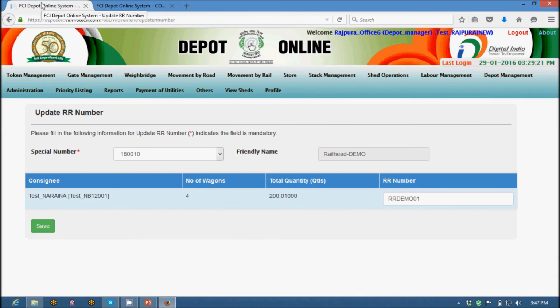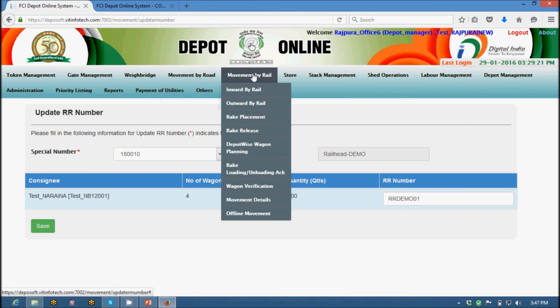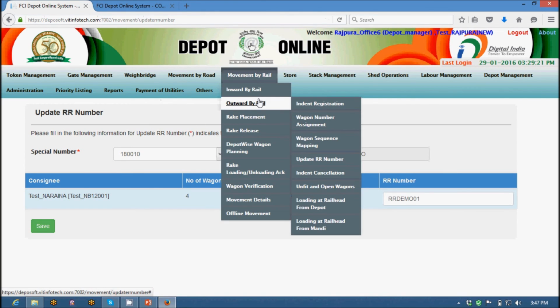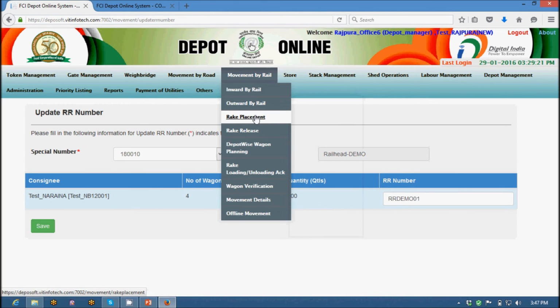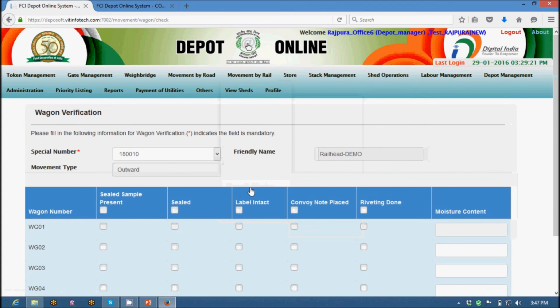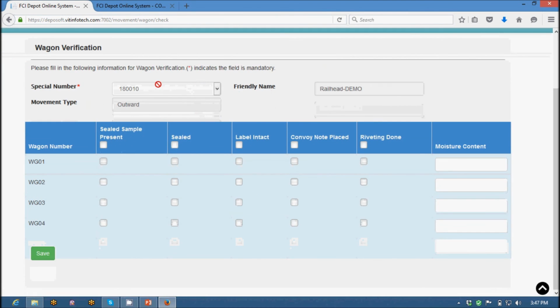The next step involved is to do a wagon verification, which can be done by clicking on movement by rail and clicking on wagon verification. Select the special number, and then we can say for each of the wagons whether sealed sample was present or not, whether the wagons are sealed or not, whether label is intact, whether convey note was placed or not, whether riveting is done, and also the QC can come in and provide the moisture content details by using this page.